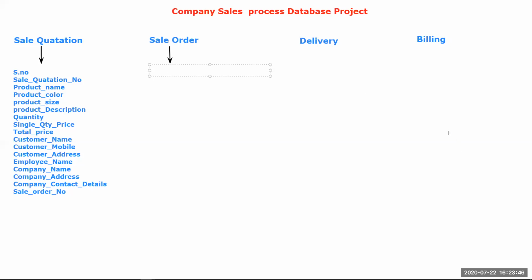Here also you can give serial number. Then here you have to give sale order number. The reason is, this is the quotation table and this is the sale order table. So you have to give sale order number.